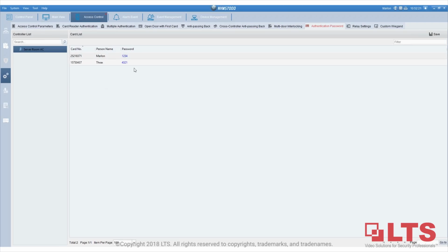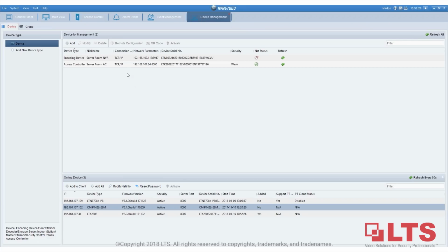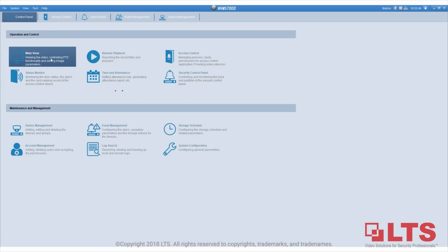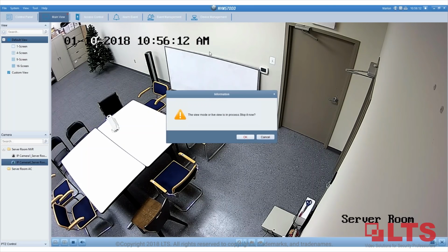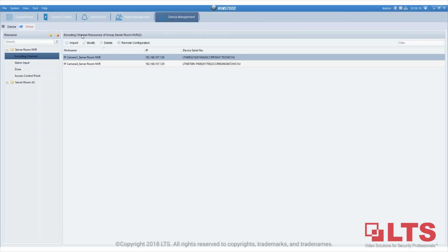The next thing I want to show you guys is how to link to a DVR, NVR, or an IP camera. First things first, you have to add the camera or NVR to the NVMS7000. As you can see, I already added the NVR to the NVMS7000, and if you go to controller and then main view, this is the server room that we're going to be working on. After we add all the channels that we need,